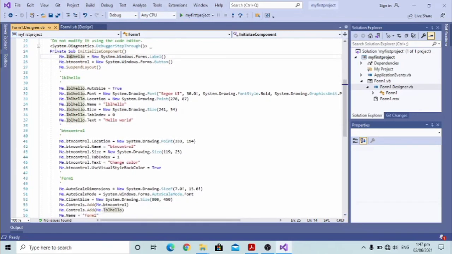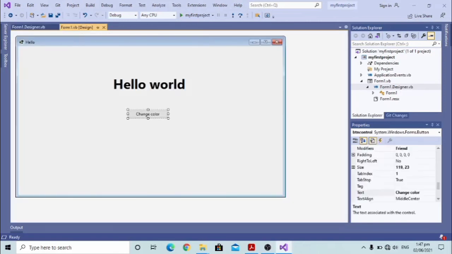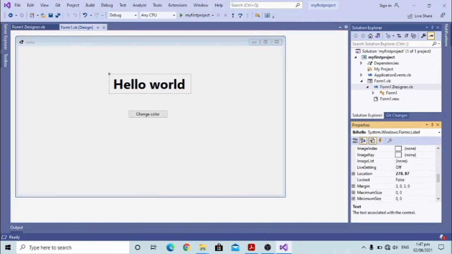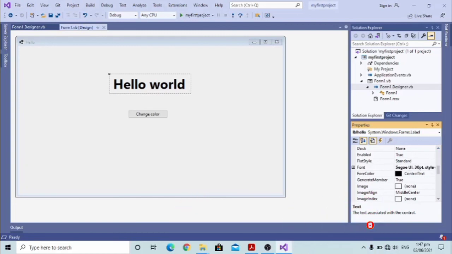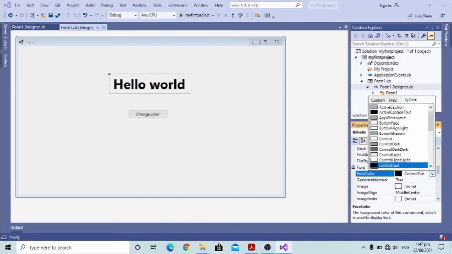Okay, all right, so now we are going to add some more things. I'm going to change color, and I want, when I click this button, the color of the text to change. Remember, I can do that over here. I have, let's look at it, fore color. Let's change the fore color. The fore color is currently black. So if I want to change it, all I have to click on is the fore color and change it